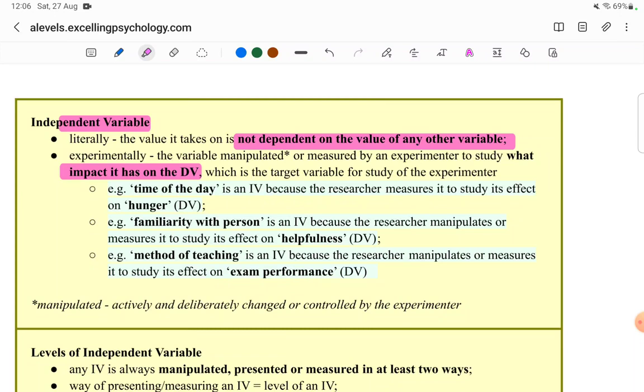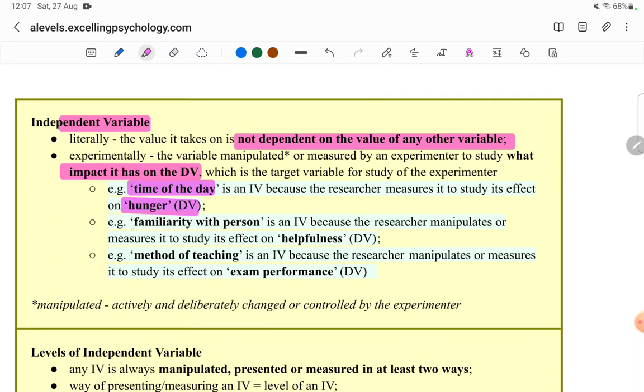Okay, now let's look at some examples of independent variables. We've seen these examples earlier, but now how we are going to look at them is with the understanding that we have taken right now. Time of the day is an independent variable. Why would I say time of the day is an independent variable? Because it changes how hungry a person is. So it changes the value of the dependent variable or the effect, which is hunger,